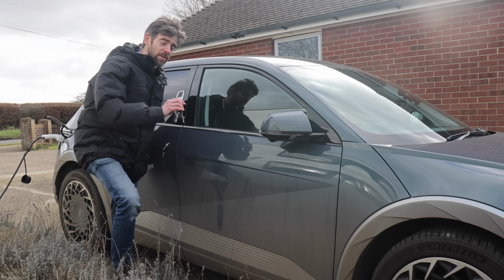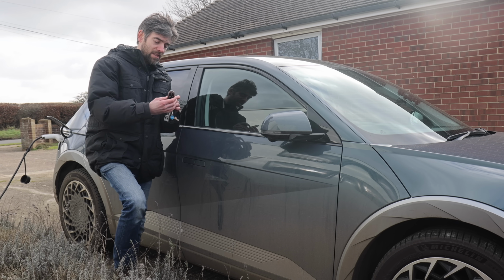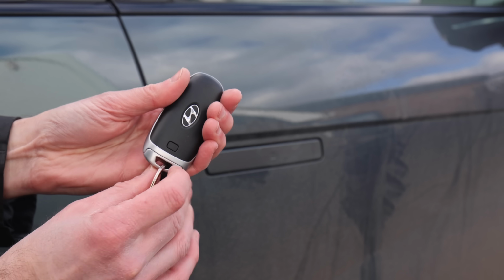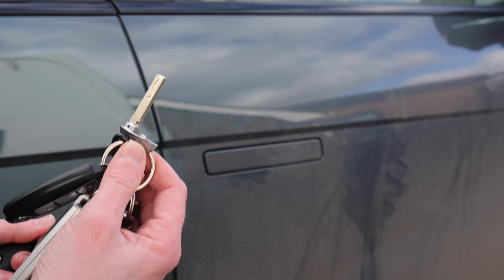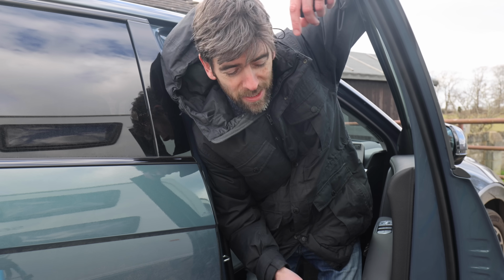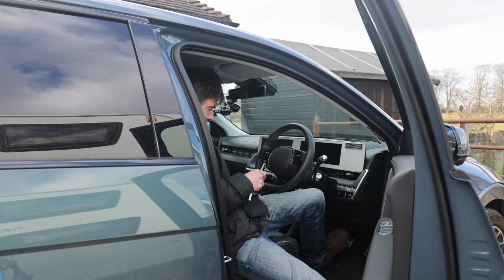So the first thing I need to do is to actually get in the car, and to do that I need to open up the key. There's a little button at the bottom, press that, and there's your physical key. Okay, so now I've actually accessed the car, I need to open the bonnet to get to the 12 volt battery. But before I do that, I need to get the jump starter, and the jump starter, annoyingly, is in the boot. So just to show you,